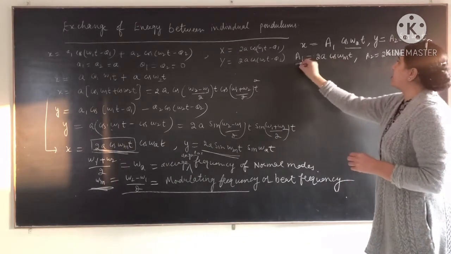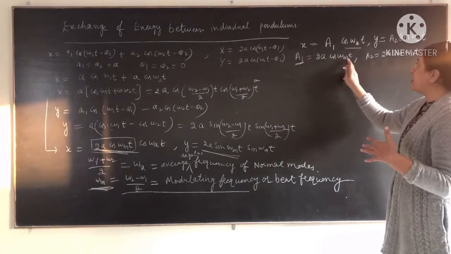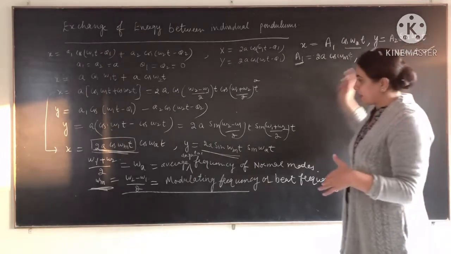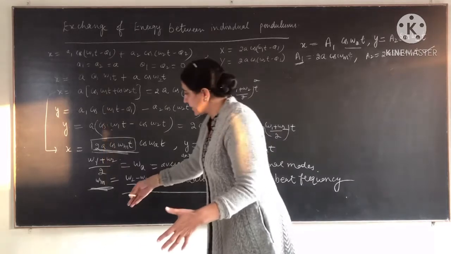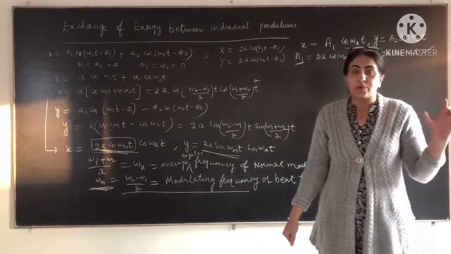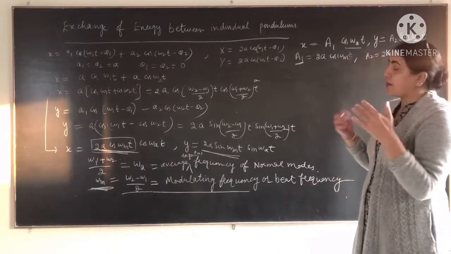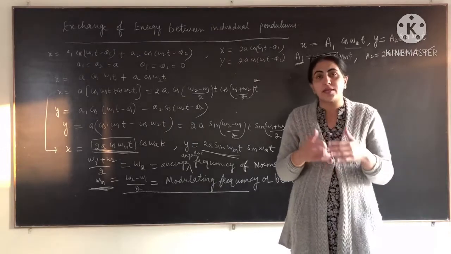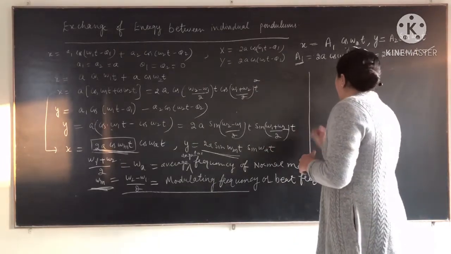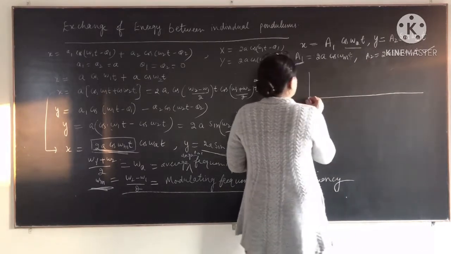So these amplitudes are oscillating sinusoidally with omega m, and the pendulums or oscillators are oscillating with the frequency omega a. Omega m is called the modulating frequency. So this is very important to understand. Now our question is how energy is exchanging between the pendulums. So I draw a diagram, and you will see from that diagram how the pendulums exchange the energy between each other.